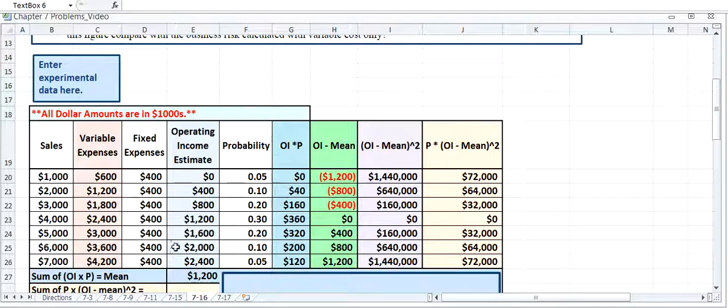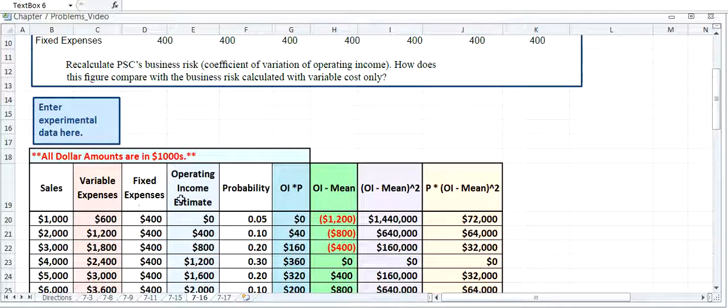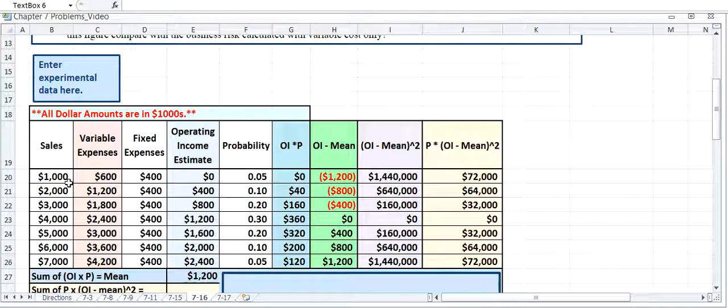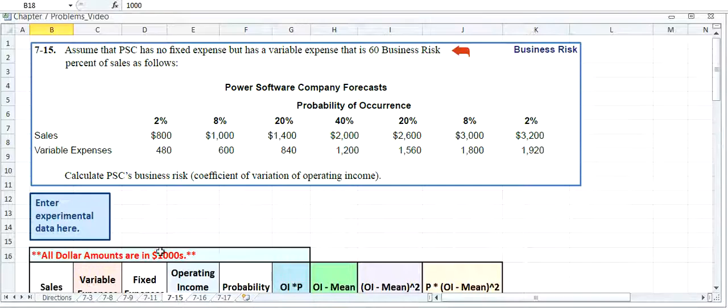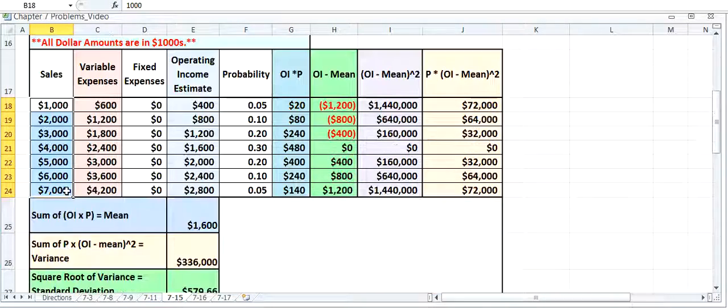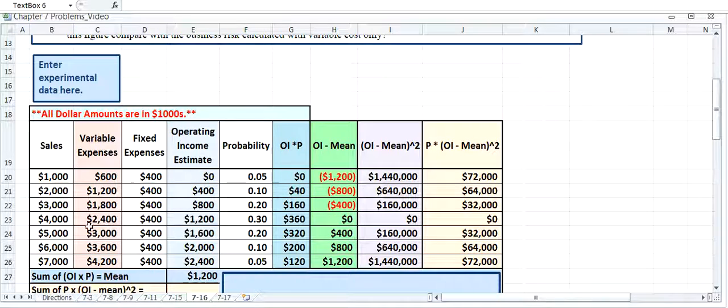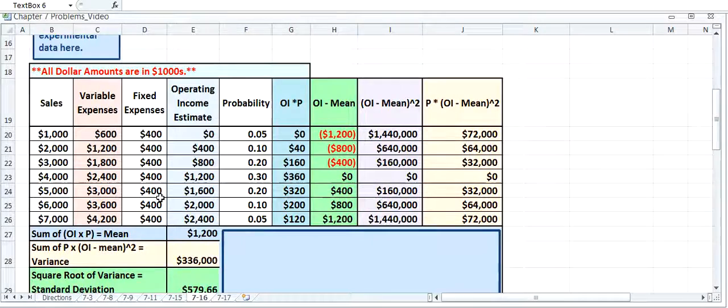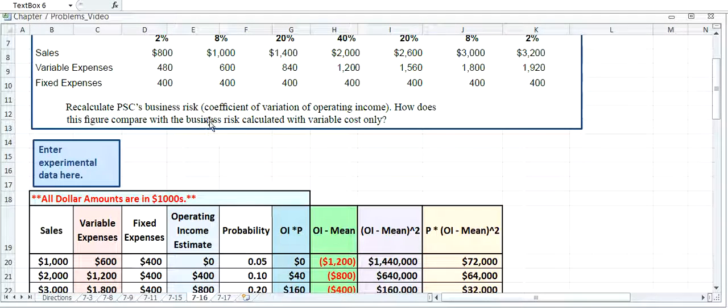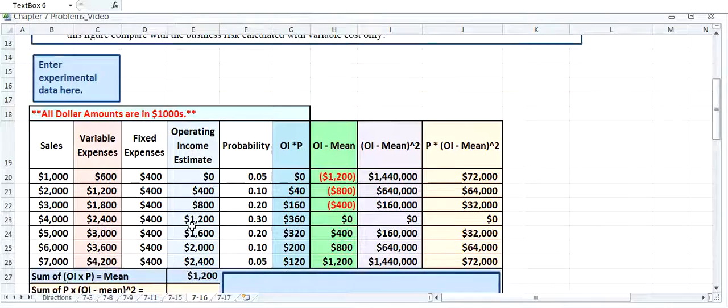So in this top table, where you can put whatever you want, I've made sure that the 715 figures are the same as the ones that I put in for 716, so we can compare what happens when we add this fixed cost. And we're looking again at our business risk, or the coefficient of variation of the operating income,